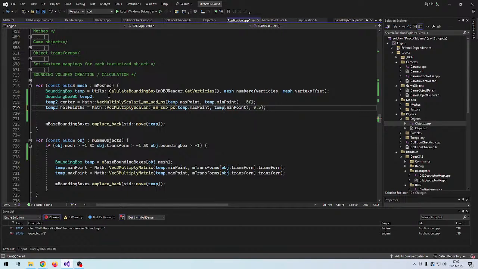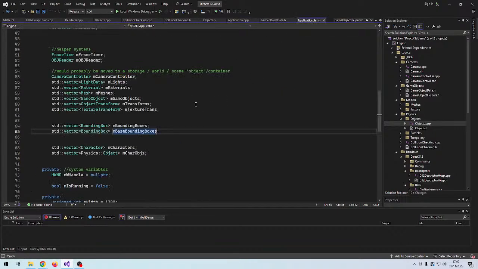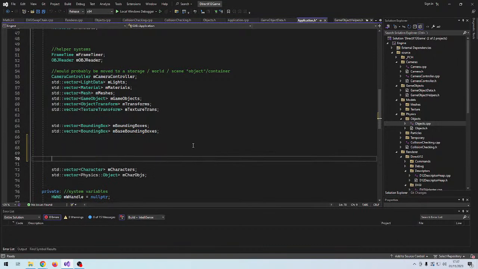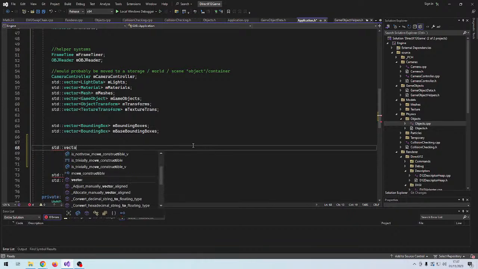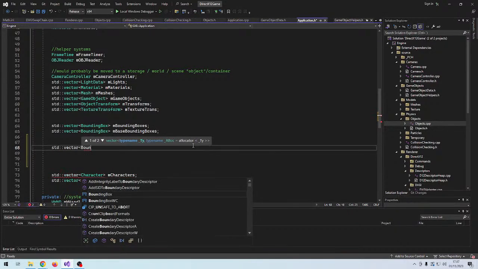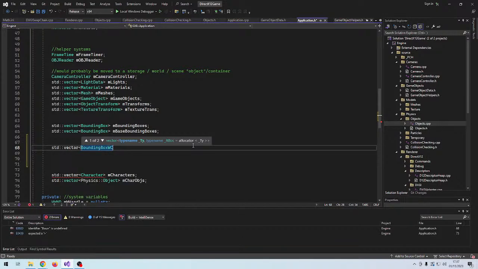And let's just test that. Yeah, we will also do some restructuring of what we store. So let's do a vector of bounding boxes with width and center, which we will call static, or base bounding boxes